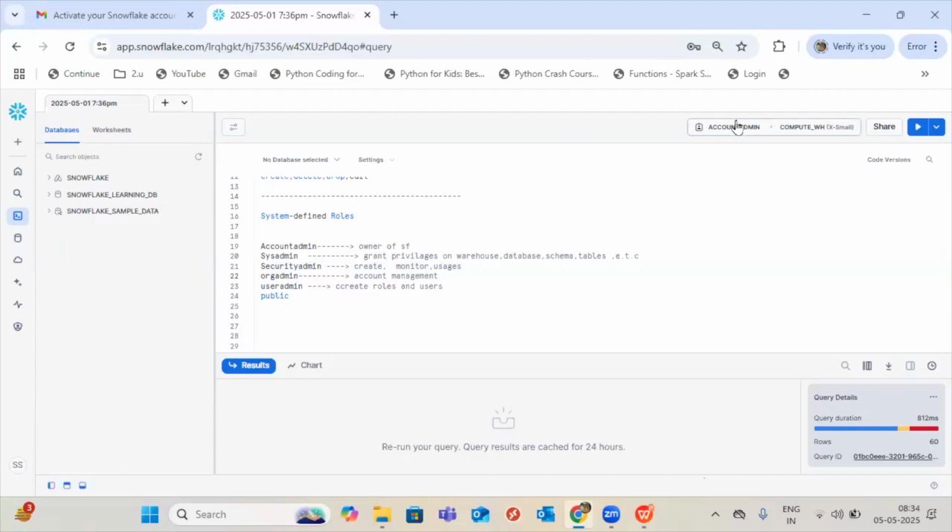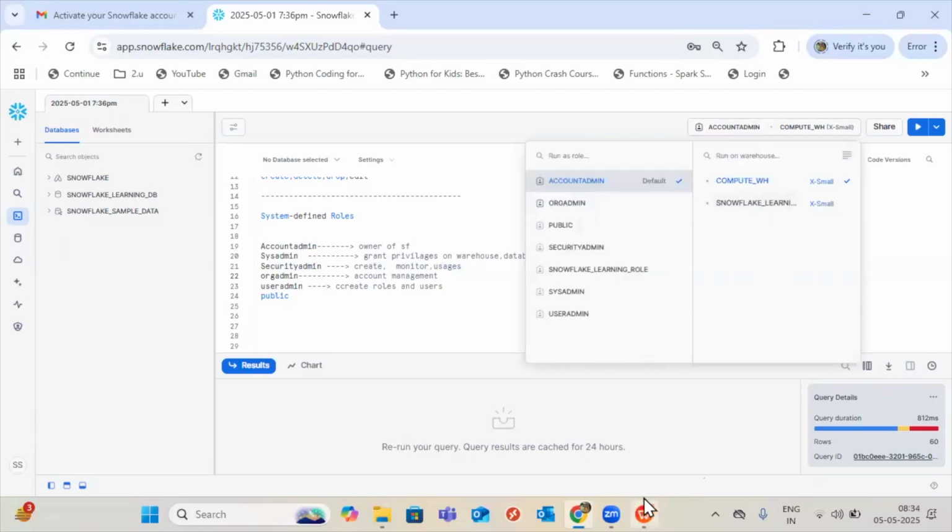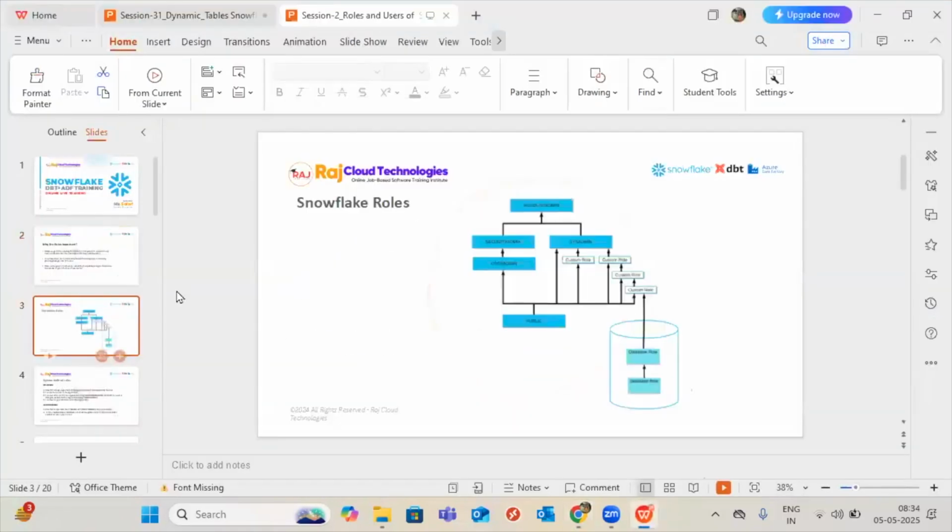So these are all the roles, guys. You can observe every role here, and you can see it very clearly. I have all the documents. No need to worry about the theory. See,